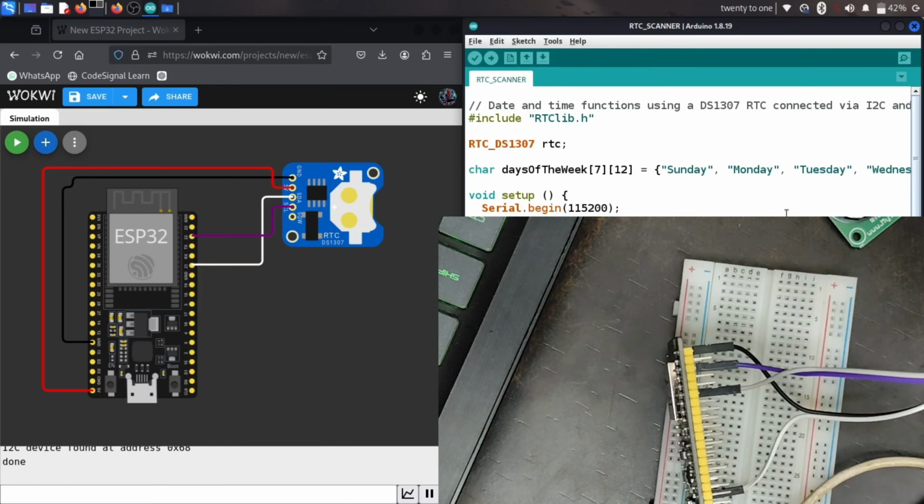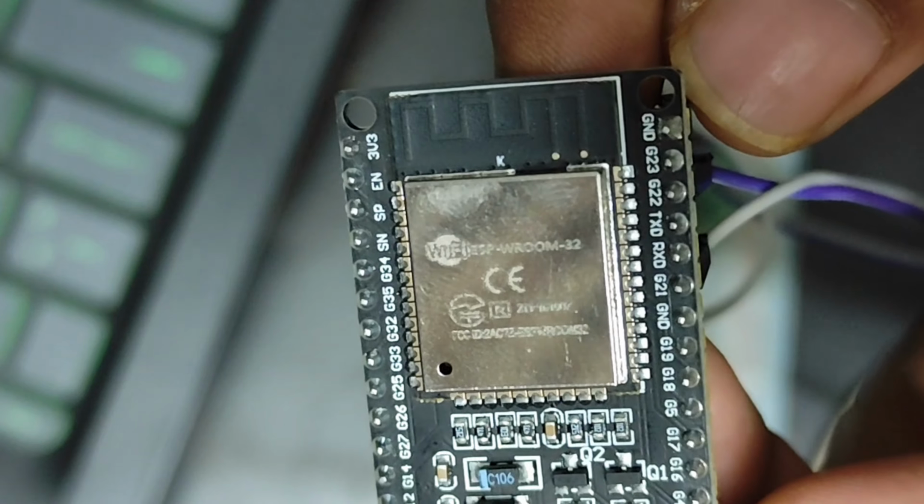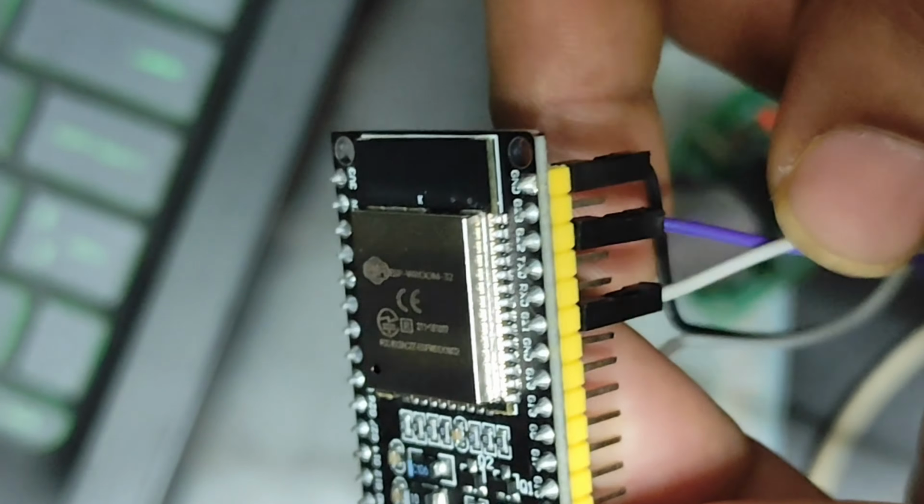Now ESP32 and the RTC, where the red and black lines are for power supply and ground. The power supply is 5 volts, the red one is 5 volts and the black one is ground. Pin number 22 is SCL, and pin number 21 is SDA. The white color, see here, pin number 22 and pin number 21 I connected,